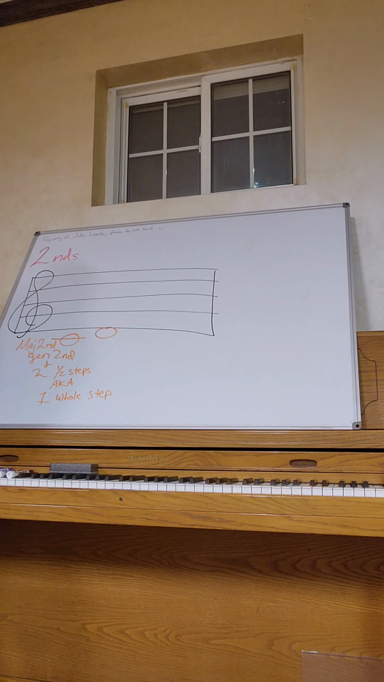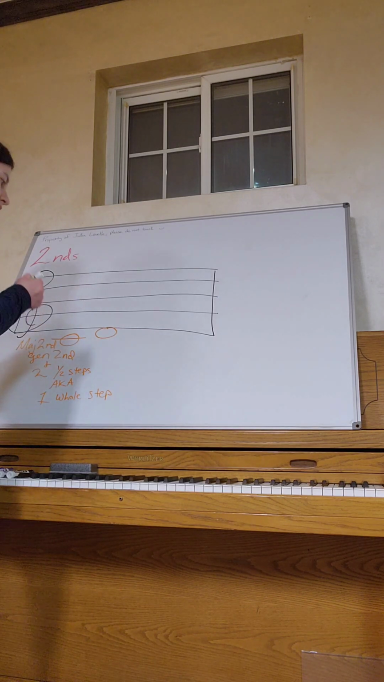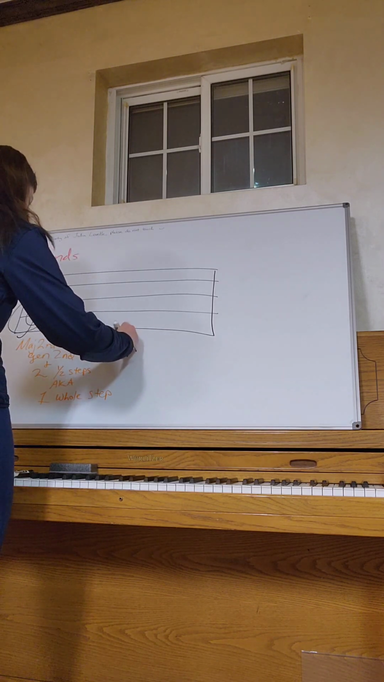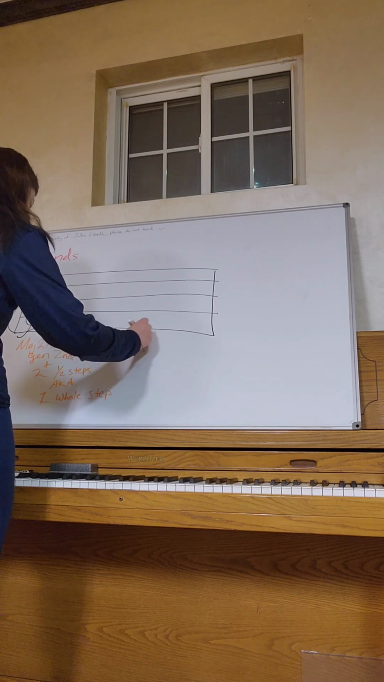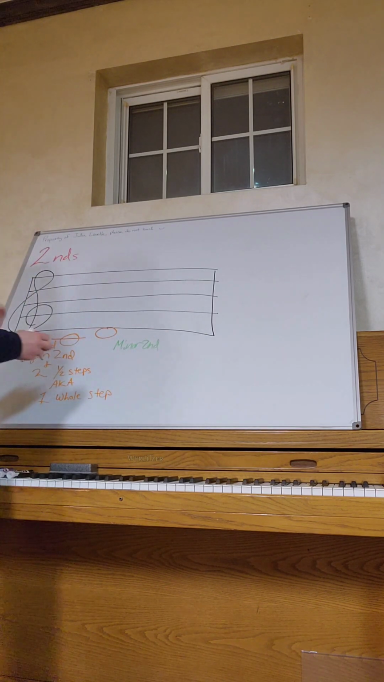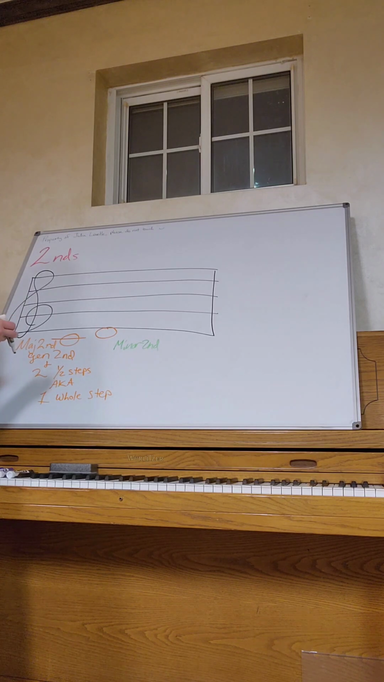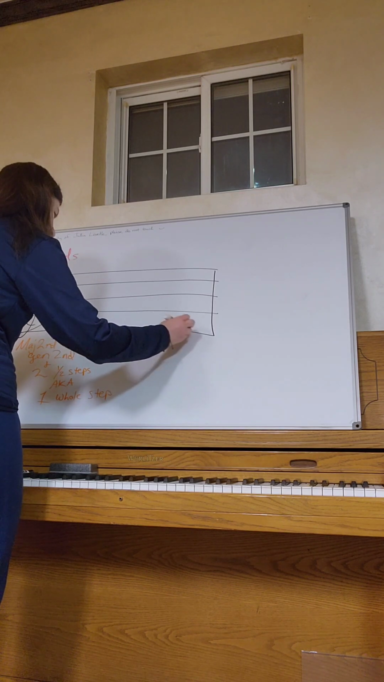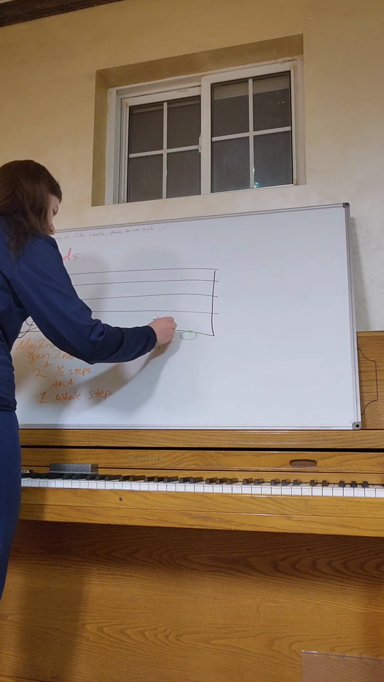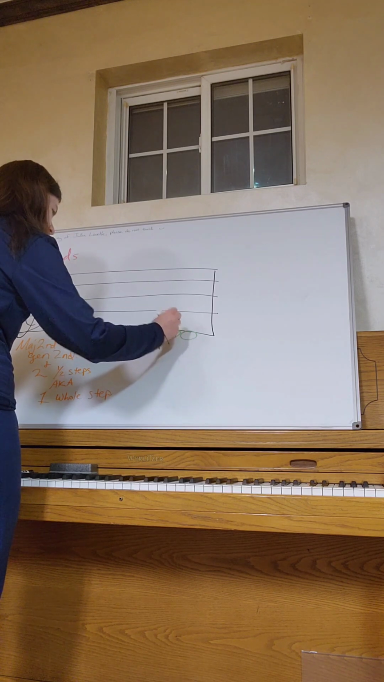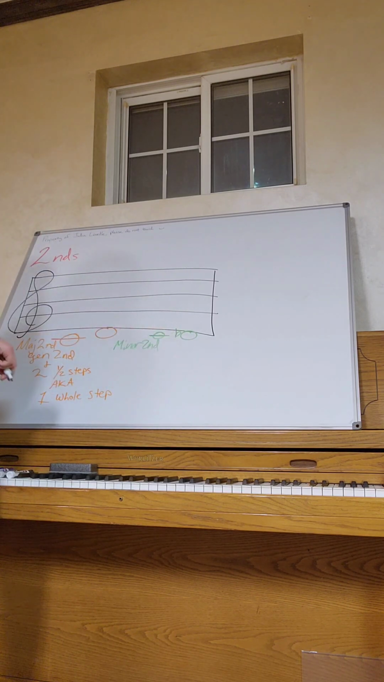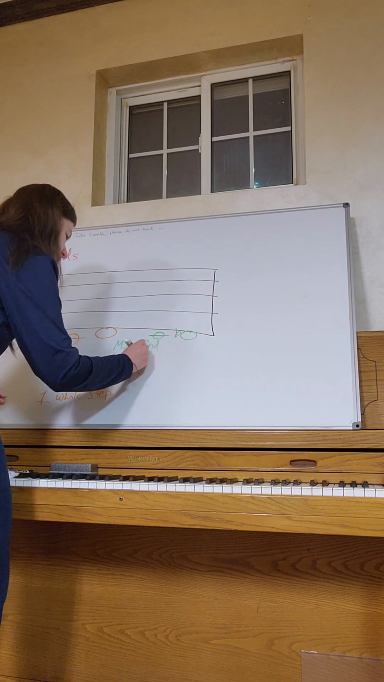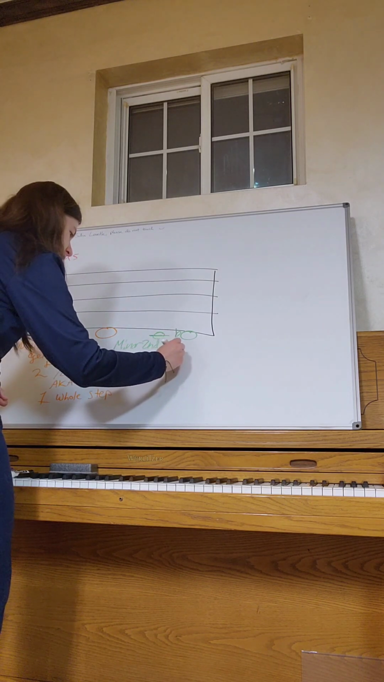Now, a minor second. That would be like C to D flat. Let me make that C, and a little flat symbol right there. Now it is still a generic second,